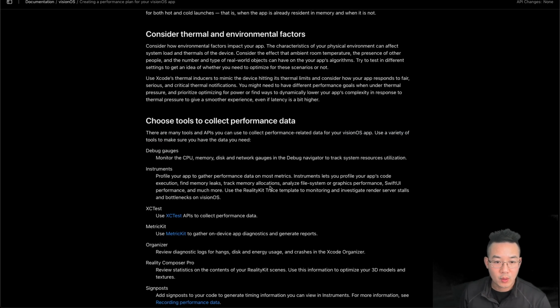Consider thermal and environmental factors. Consider how environmental factors impact your app. The characteristics of your physical environment can affect system load and thermals of the device. Consider the effect that ambient room temperature, the presence of other people, and the number and type of real-world objects can have on your app's algorithm. Try to test in a different setting to get an idea whether you need to optimize for these scenarios or